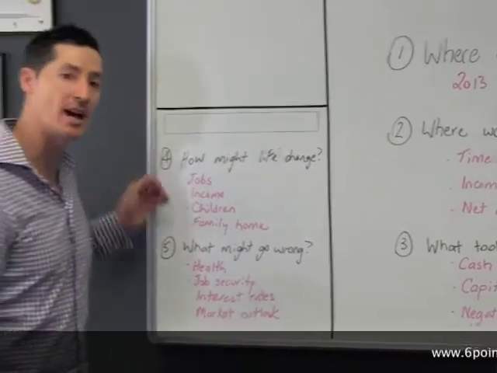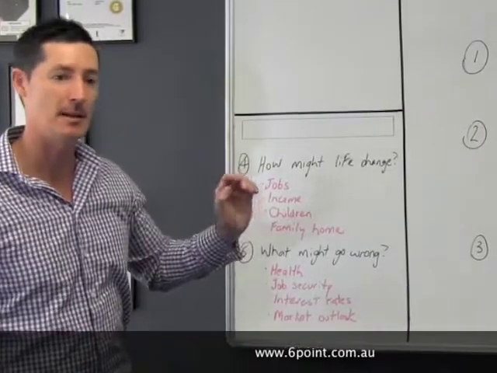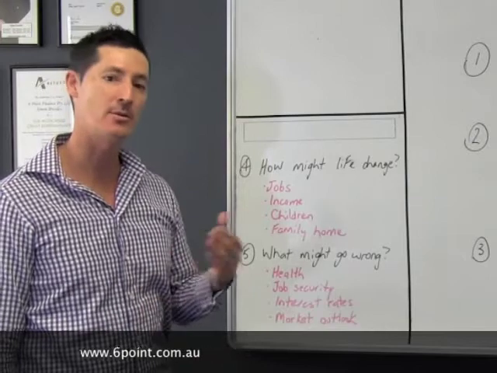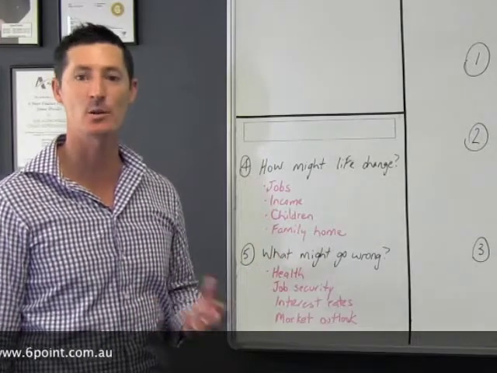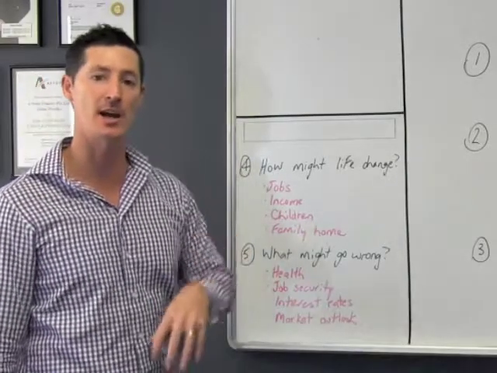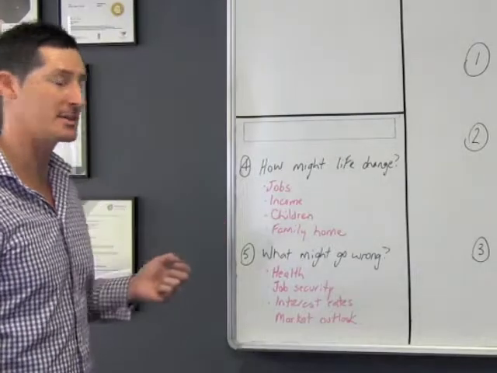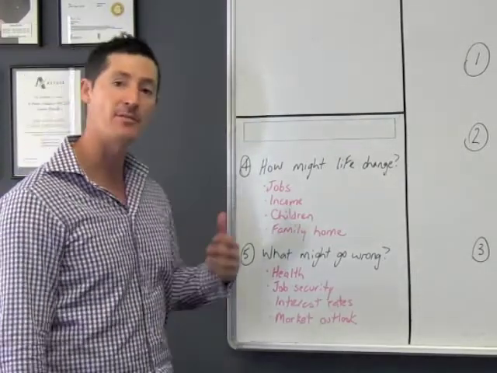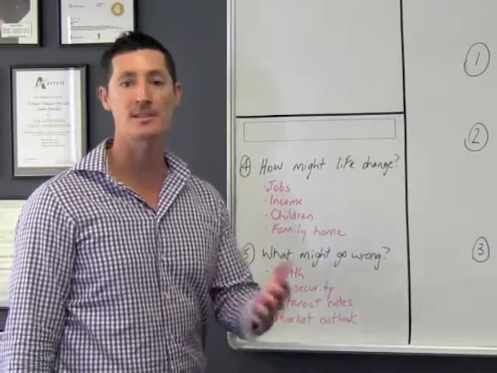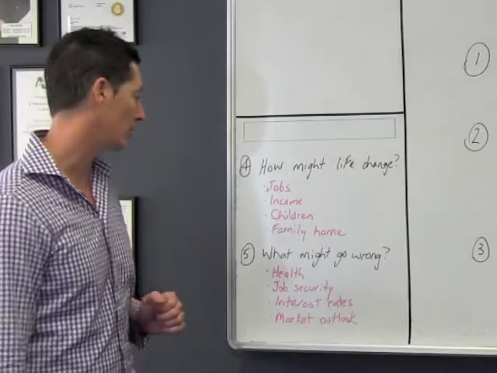How might life change? We have established where we are today, but a plan is exactly that. It's not a guarantee, but how accurate the plan is will be determined by, I guess, the quality of the questions that we ask ourselves. Things such as, how might our job change from where it is now to say 2 or 3 years ahead? How might our income attached to that job change? How might the family structure change? Is there a pregnancy on the horizon and income might reduce? Is there a job promotion on the rise?